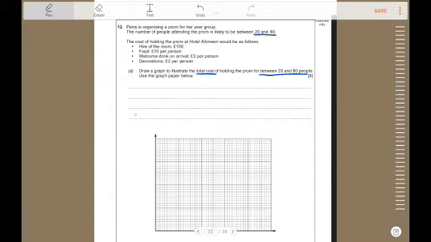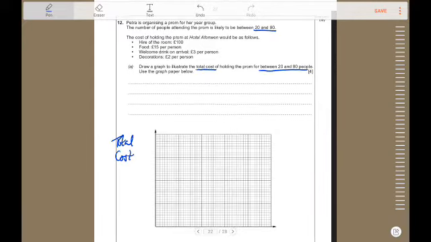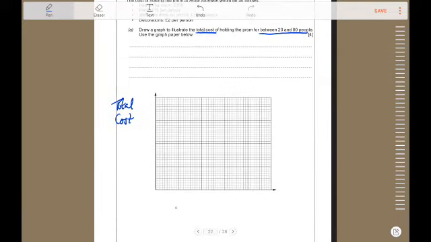First thing I'm deciding is which axis I'm going to have total cost and which axis I'm going to have number of people, because that's what I'm comparing. Total cost for between 20 and 80 people. Well, we generally put costs on the vertical axis, so I'm going to put my total cost on this axis, so I'm going to label that, and I'm going to put number of people,